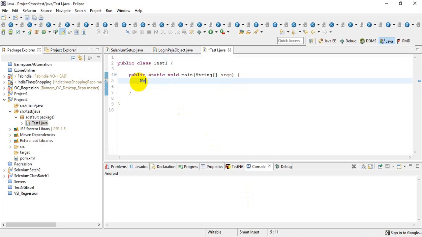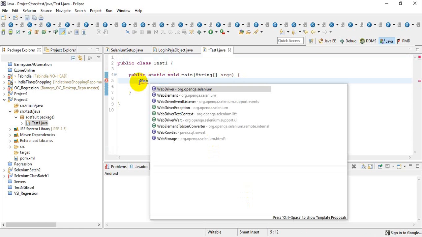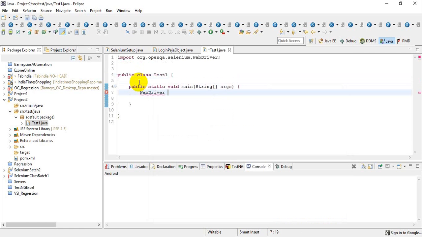Now if everything is good, then I should be able to create a WebDriver. If all my libraries are imported properly, then I should see a WebDriver. Click on control space and see. I can see the WebDriver, which means that I've imported my libraries correctly. WebDriver driver equal to new